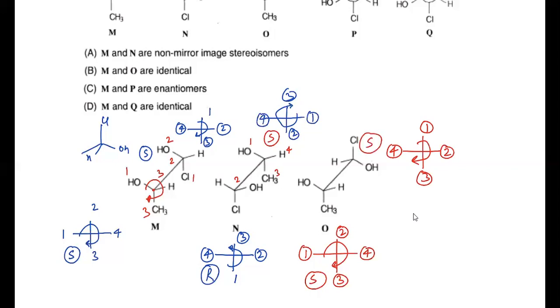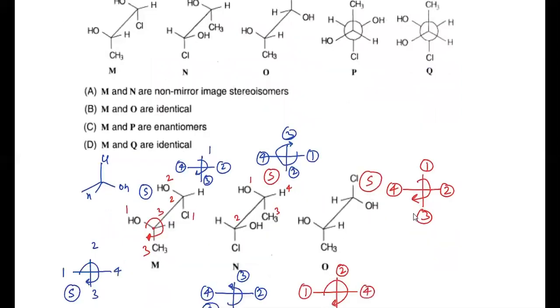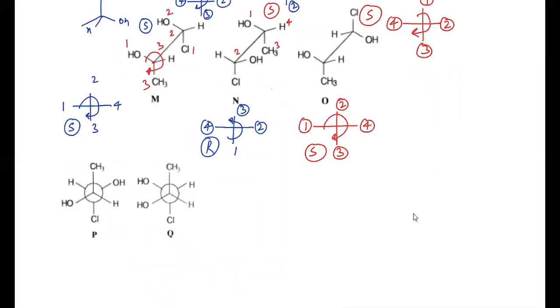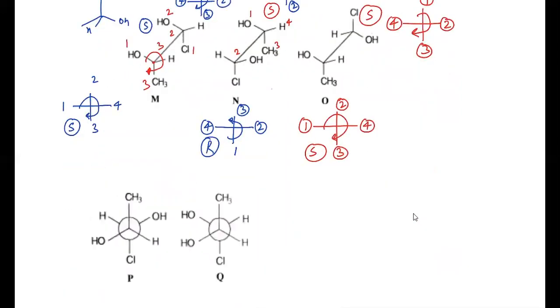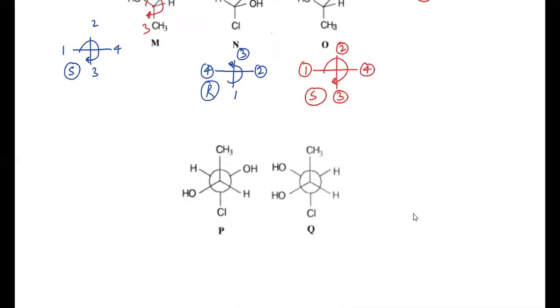Okay. After that we have two Newman projections. So we'll convert them also to Fisher projections, and then again we'll write their RS, because without that it cannot be decided which configuration this is. So I am quickly making the Fisher projections for them first. So if I write the Fisher projection,